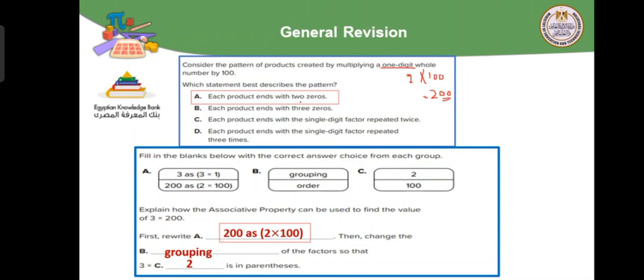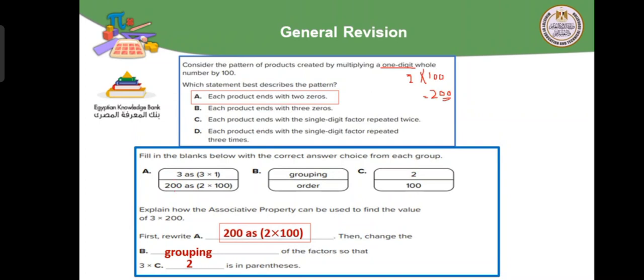If he asks which statement best describes the patterns: if I multiply a one-digit whole number by 100, the result has 2 zeros. But if I multiply a one-digit whole number by 1000, the result will have what? 3 zeros. By 10,000, the result will have what? 4 zeros, and so on. Fill in the blanks below with the correct answer choice from each group. Here,